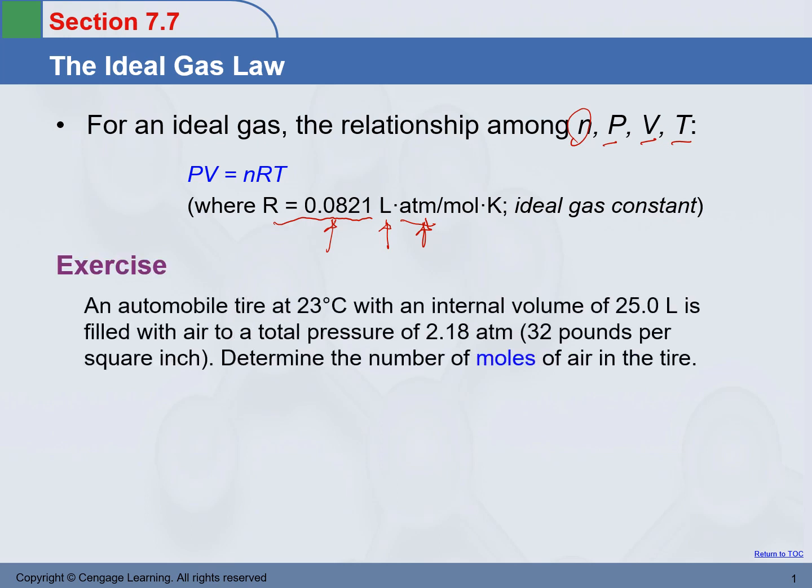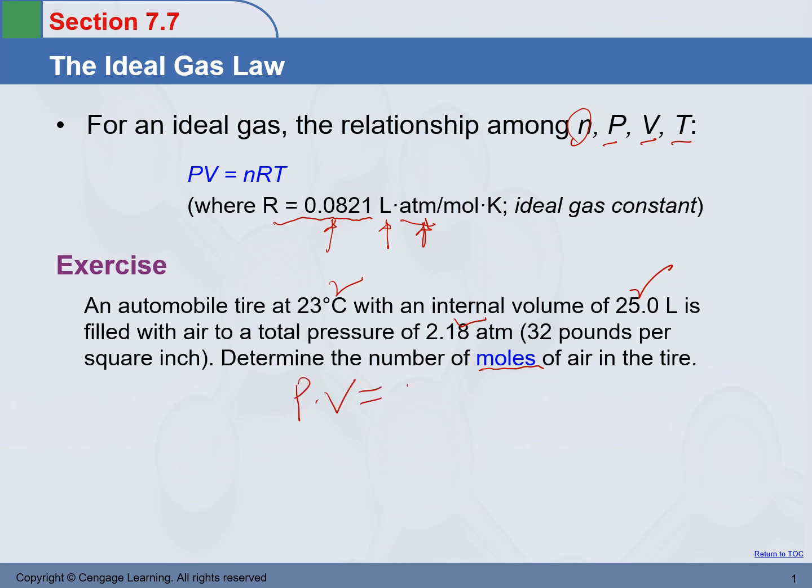A practice: an automobile tire at 23 Celsius has an internal volume of 25.0 liters, filled with air to a total pressure of 2.18 atm. Okay, volume given, pressure given, temperature given, determine the number of moles. All right, so clearly